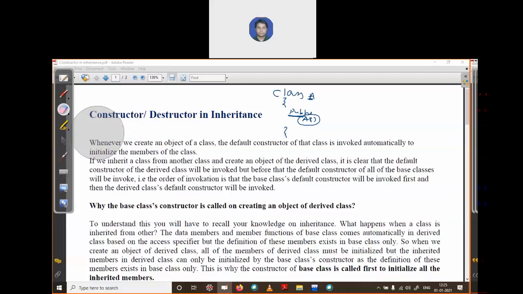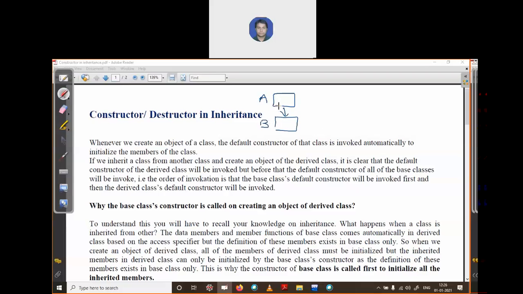Now we will see the constructor and destructor concept in inheritance. As you know, in inheritance there is a relationship between two classes. Class A is a base class, and class B is a derived class or subclass.